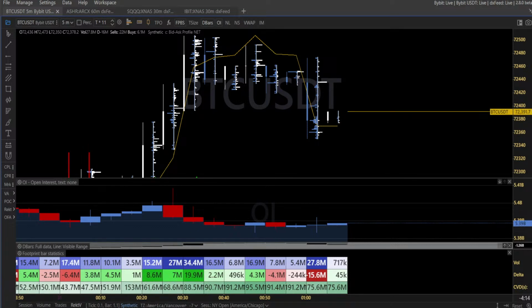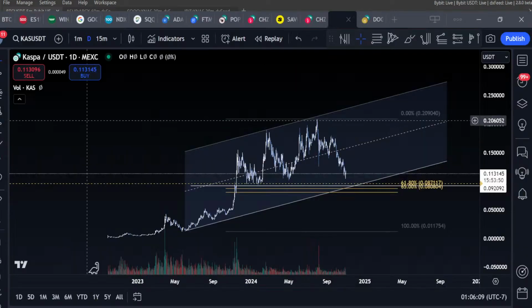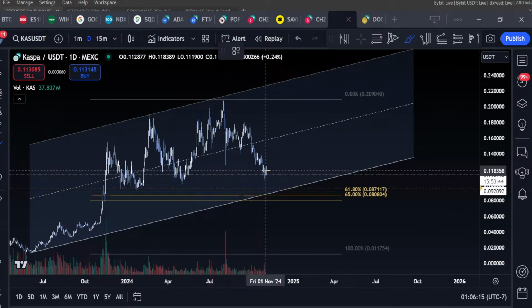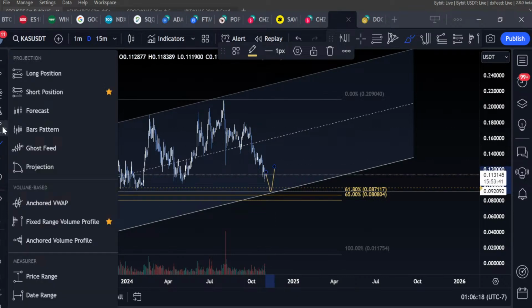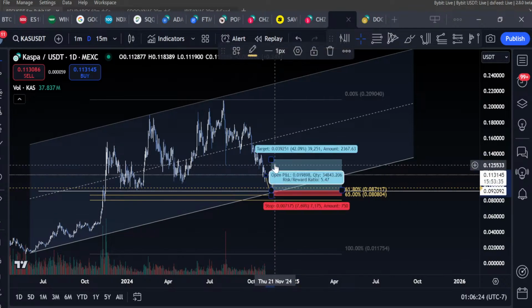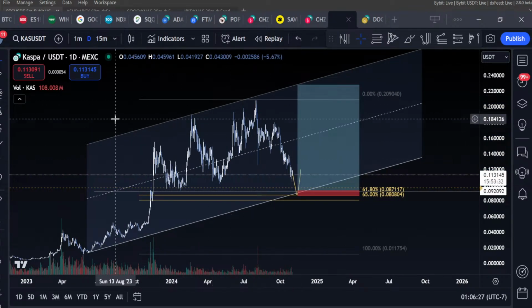What was the thing I said? Oh, Caspa. I said I was going to look at it. Really simple idea on Caspa. Let me just find the chart here. It's so simple. Just take all these lows into the GP of the move, into this ascending channel. Such easy invalidation. You break all that structure down, you cut the trade, you hold it up, you have a nice swing long idea into this really grindy downtrend.